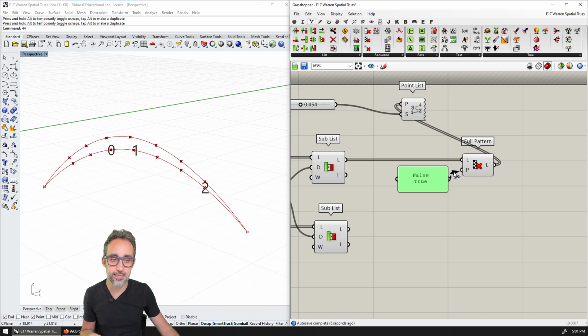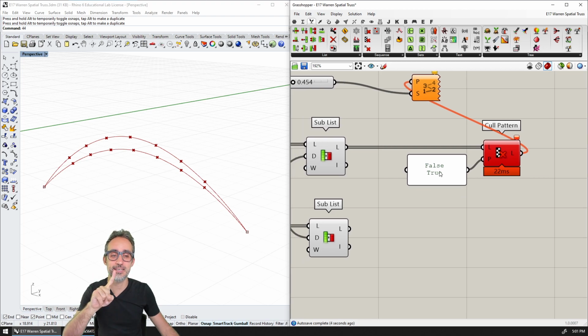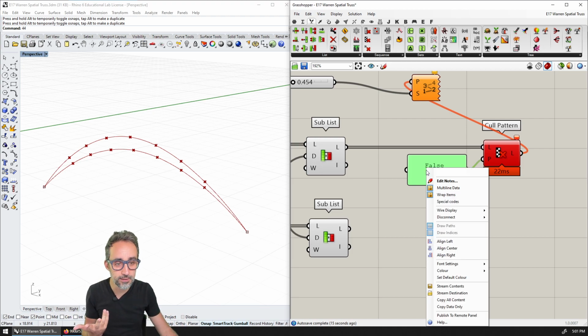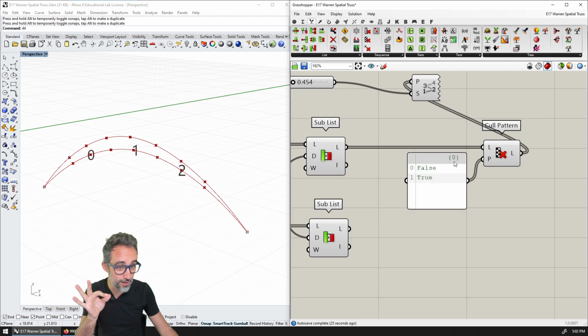When I plug this in here, I don't think it's going to work because since I have 2 lines in my panel, I need to make sure that the component knows that it's 2 different lines. That is basically a list of inputs. So the way I do that is by right-clicking here and making sure that this is not multi-line data, that is single-line data. And you can see how the panel immediately turns into a tiny list with a branch and zeros and ones, and now it's a collection of elements.